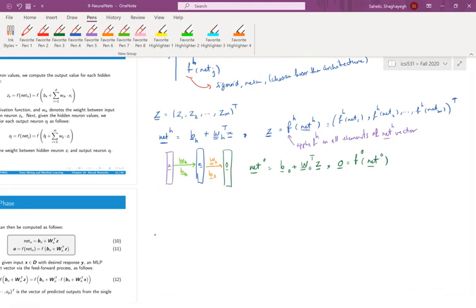Now, this forward phase, or forward propagation, is for calculating the output from the input if we have the weights, right? But we need to be able to learn the weights also. How do we learn the weights? Well, we train the neural network using our training data set to